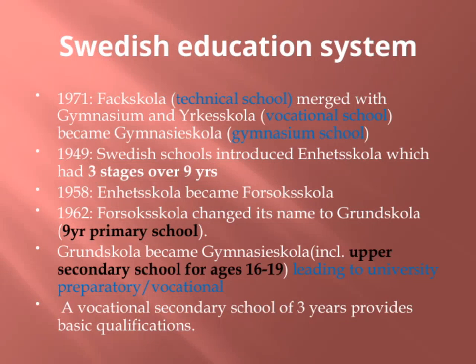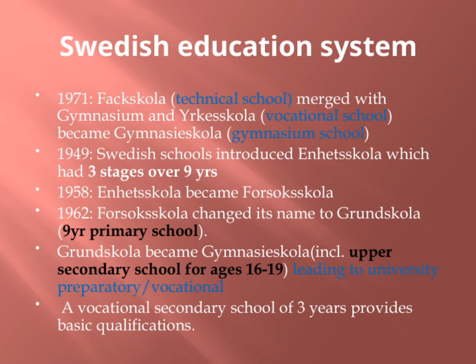In 1971, we see a significant change with the merging of the fackskola, which was a technical school, with the gymnasium and yrkesskola, a vocational school. This merger resulted in the creation of the gymnasieskola, or the gymnasium school, which marks a key development in the Swedish education system. Going back a bit, in 1949, Swedish schools introduced the Enhetsskola, a unified school system that consisted